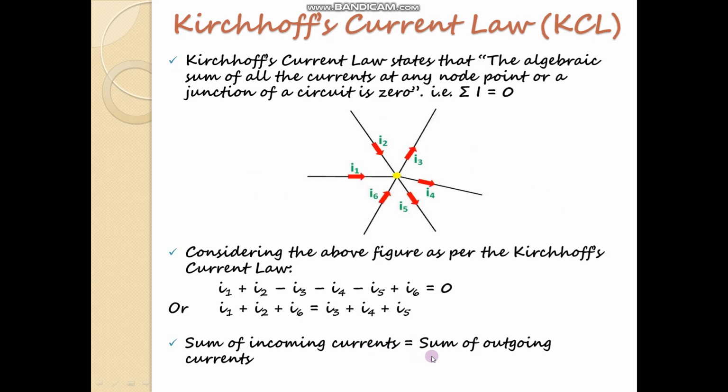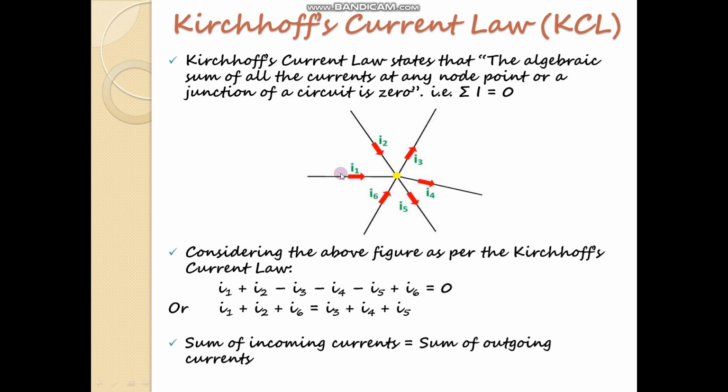The second one is Kirchhoff's current law. What does it state? The algebraic sum of all the incoming currents and all the outgoing currents at any node in a circuit must be equal to 0. Means what? See, if this is any node, meaning the point where two or more branches meet together in an electric circuit. Fine. So, summation of incoming currents. When there are incoming currents, we will take them as positive, and when there are outgoing currents, we will take them as negative.